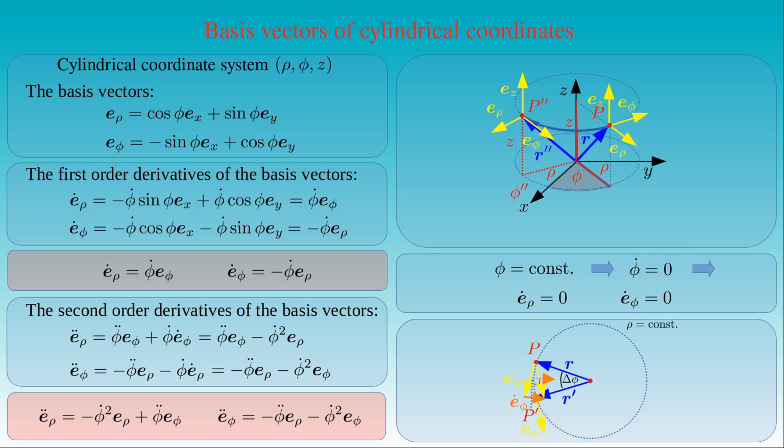Therefore, it will be parallel with the basis vector e rho, but it points to the opposite direction. Since the angle between the transported basis vector and the original one is equal to delta phi and this angle is infinitesimal, the length of the difference vector is the change in the angle again. Then we see that the derivative of the basis vector e phi is perpendicular to the tangent to the circle in the point P, that is, it has the opposite direction to e rho, and it is proportional to the derivative of the azimuthal angle. We can differentiate the basis vectors of the spherical polar coordinate system in the same way.